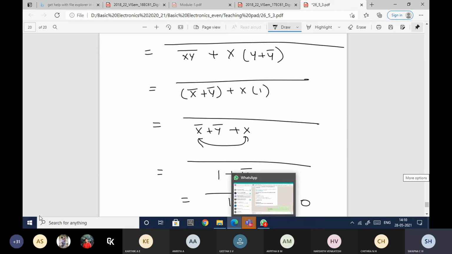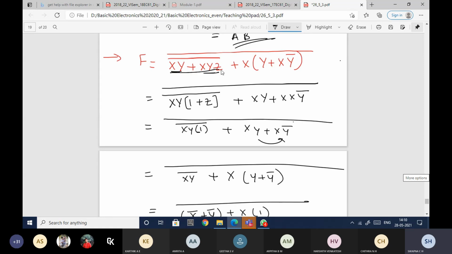Where did you go wrong? Ma'am, first only you have applied De Morgan's theorem. Yes, ma'am. That's what you have to check the equation properly. See, if I didn't have any option of taking common, I would have split it. But I have the option of taking common and reducing it, right? That is the reason why I have told you, you need to watch the equation carefully. Watching the equation is more important than solving it.